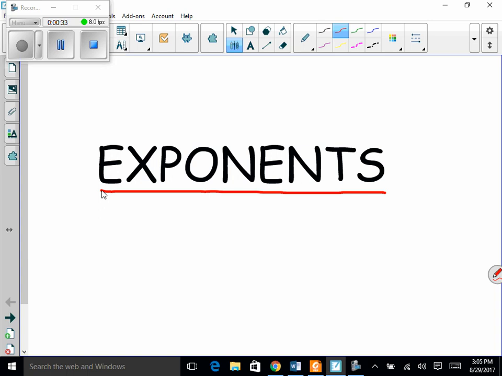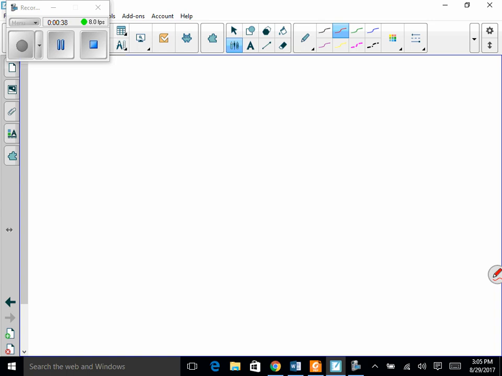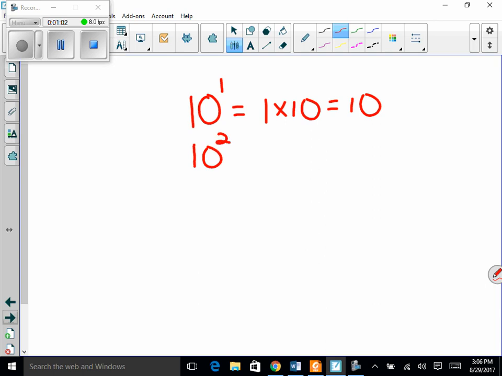They needed a shortcut. So as we're writing, I just want to write out some main exponents that we're going to learn. We're going to learn the powers of 10. Exponents can be other numbers, but right now they have a base and then an exponent. So this one says 10 to the 1, which would mean 1 times 10, and that equals 10. Now, the exponents move on. You have 10 to the second power, or 10 squared, like it's said, equals 10 times 10,